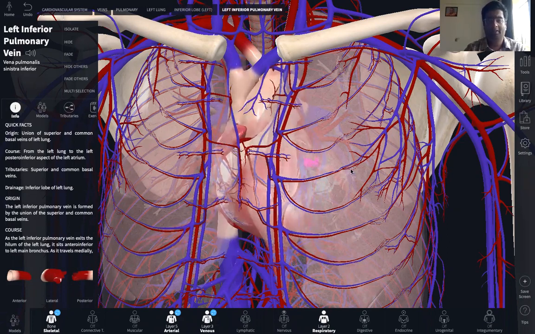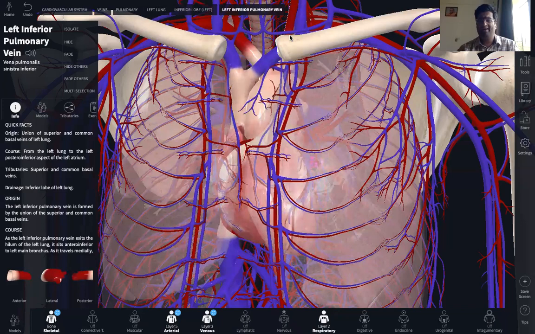So this is about the pulmonary circulation. I repeat again, the pulmonary trunk, which arises from the right ventricle, carries all the deoxygenated blood to the lung. It divides into the right and the left pulmonary arteries that enter into the respective lungs. Further, they divide into the pulmonary capillaries. Oxygenation takes place. The oxygenated blood is returned from both the lungs back to the left atrium via the four pulmonary veins, one pair from the left lung and one pair from the right lung. So there will be four openings in the left atrium for the four pulmonary veins. This is in brief about the pulmonary circulation.